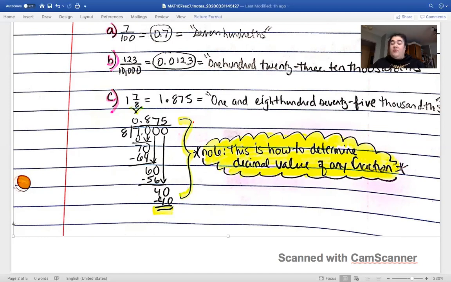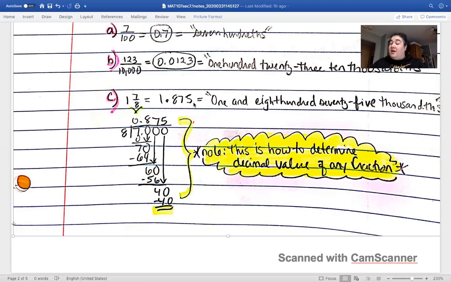We do the subtraction, we have a remainder of 4, but we're using decimals in our division, so we're not allowed to have a remainder. We're going to go ahead and add another 0, bring it on down, and turn that 4 into a 40. And now we're going to say, all right, how many times can 8 go into 40? Well, that's easy, 5 times. 5 times 8 is 40. We go ahead and subtract. We no longer have a remainder. We are finished, and we have effectively converted 7/8 into its decimal counterpart of 0.875. Therefore, 1 whole and 7/8 could be written as